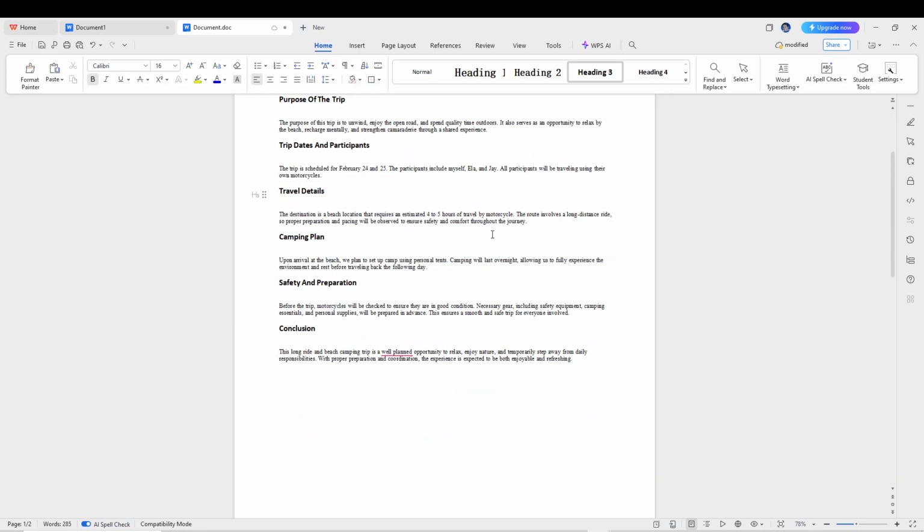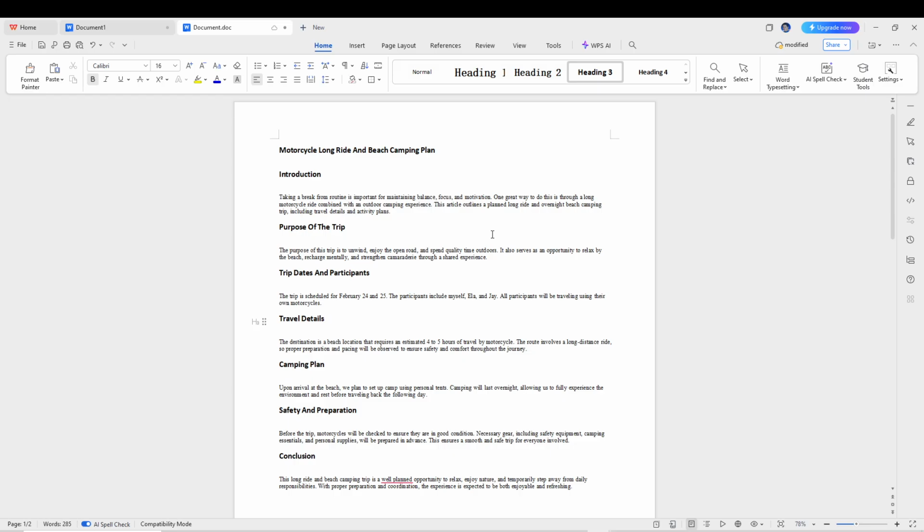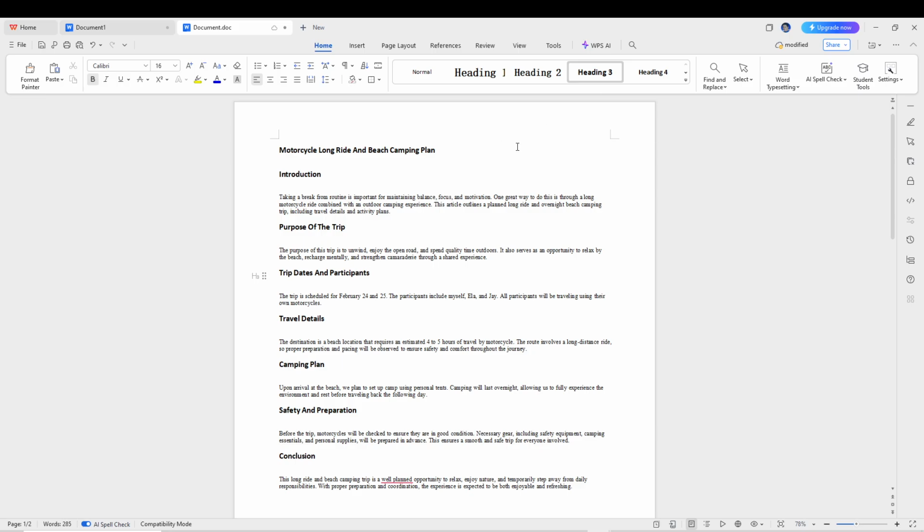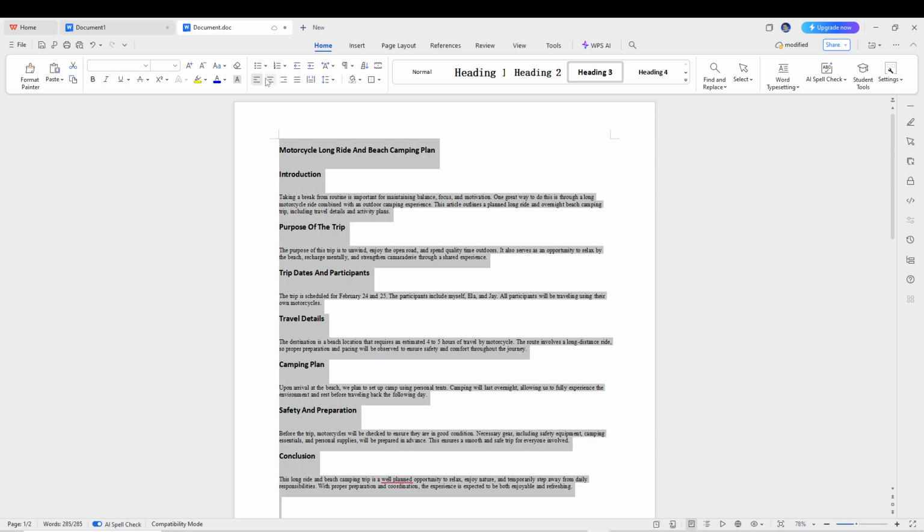WPS Office also allows you to experiment with Justify alignment, which spreads your text evenly across the page for a clean, professional look. After selecting the alignment that best suits your document, click anywhere outside the text area to ensure the changes are applied. Your text will now remain formatted exactly as you intended, making it easier to read and